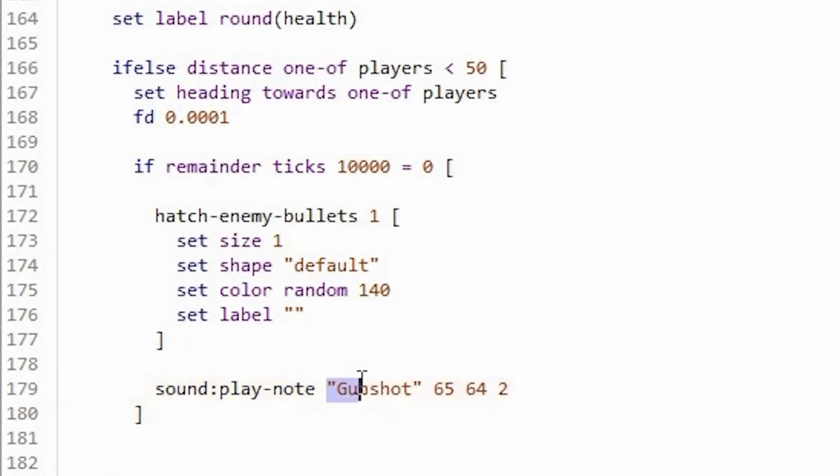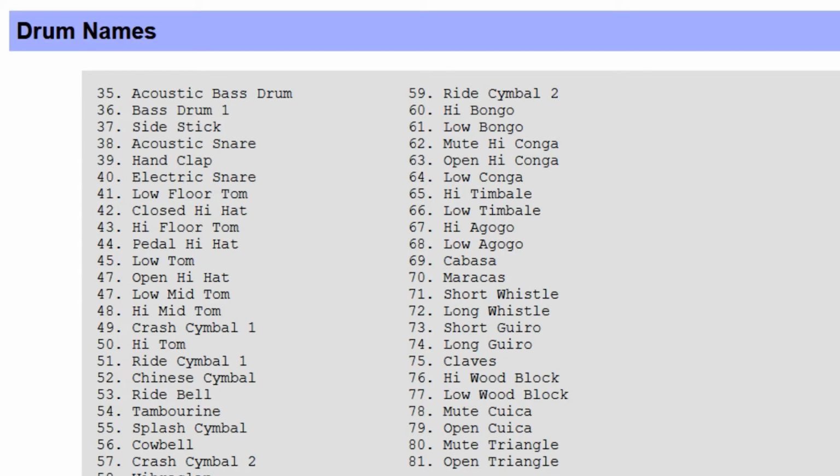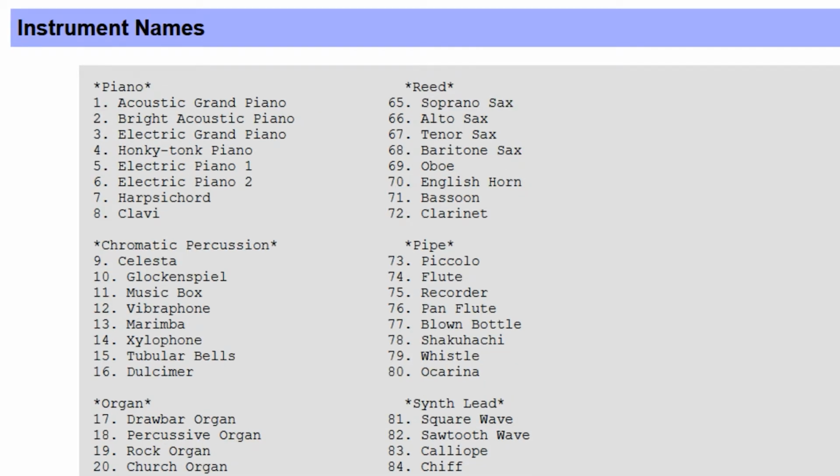gunshot. In the NetLogo manual, you can search for NetLogo sounds on Google, and it will give you a list of sounds that you can use. This is more similar to MIDI programming in musical keyboards or organs, as we commonly call it.